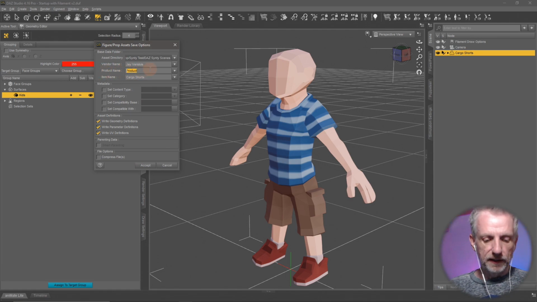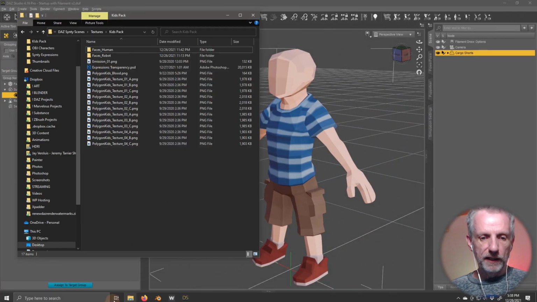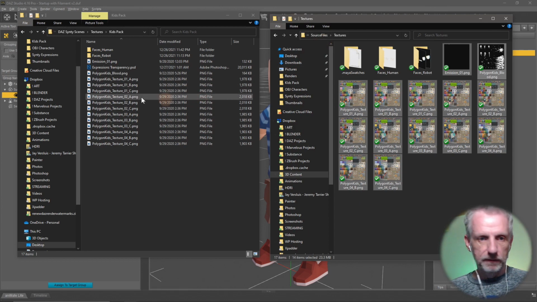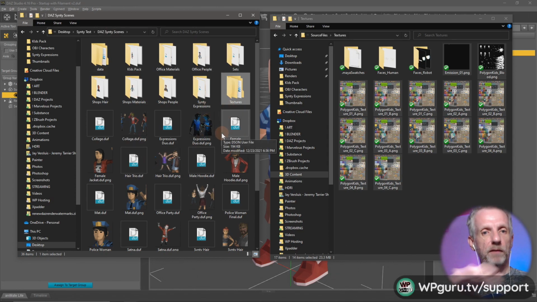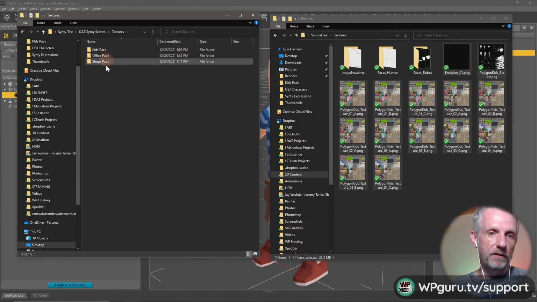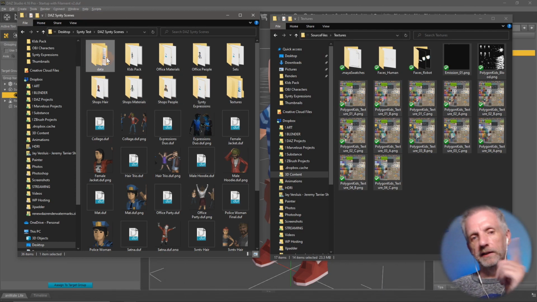This is kind of important here. This is where the geometry gets saved. So just to reiterate on that, where this actually goes and why it is so important to put this metadata in, this is my whole folder that is portable. So this is the whole library folder that I've mapped into DAZ Studio. Anything inside this folder will be accessible, no matter which hard drive I put it on. My textures are referenced in the textures folder in either of these 3 packs. And these are the folders that I can see inside DAZ Studio in the library. And then data is not something I can see, but that is where